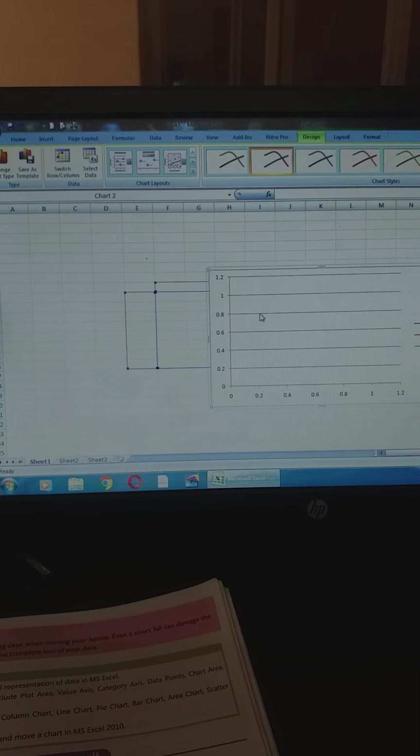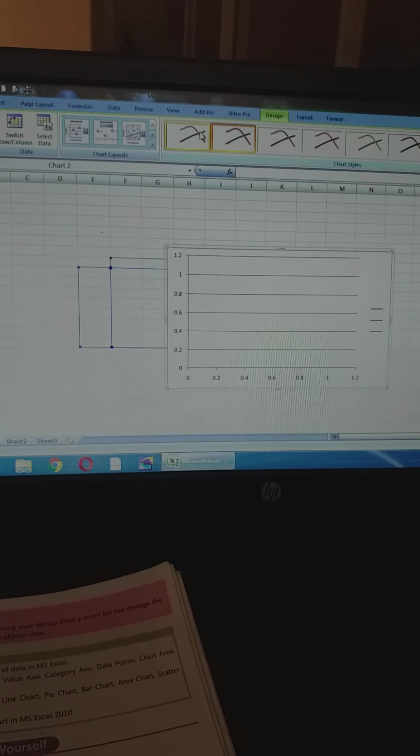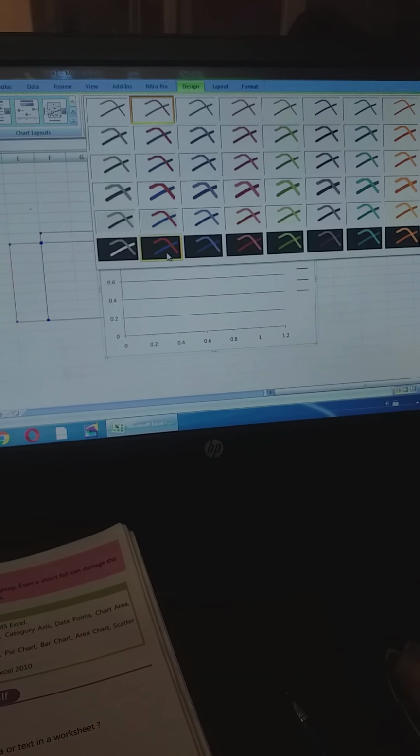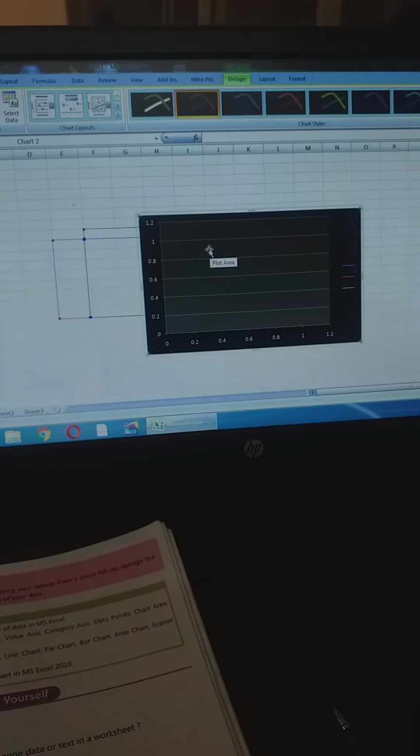It is taking time to load here. This is called the chart area. Suppose it has appeared. Here is the Design tab. You can see up in the green banner all the formats in the style types, chart styles. Here is the More option. If I click on the More option, a number of options will appear. Suppose I click here, automatically it will come up on my screen.